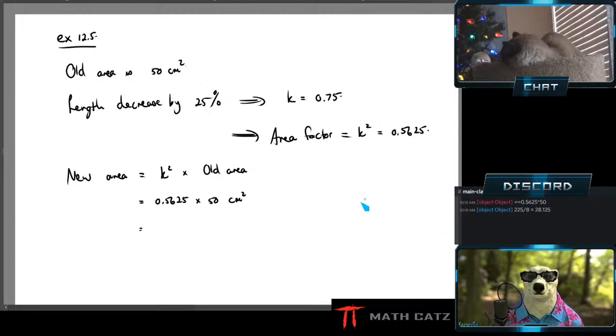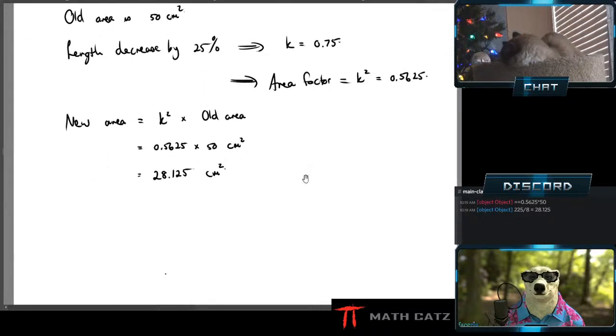565 times 50. Okay. 28.125 square centimeters. Now I can interpret the change in the area in a couple of ways. By saying that the new area is 56.25% of the old or original. Or I can say that the old area